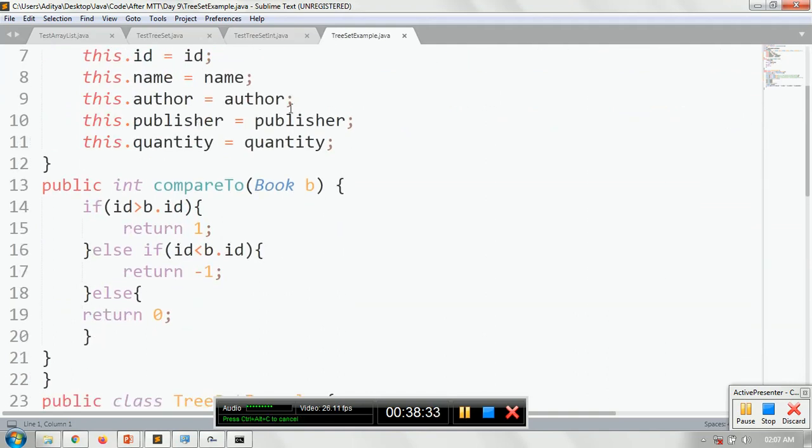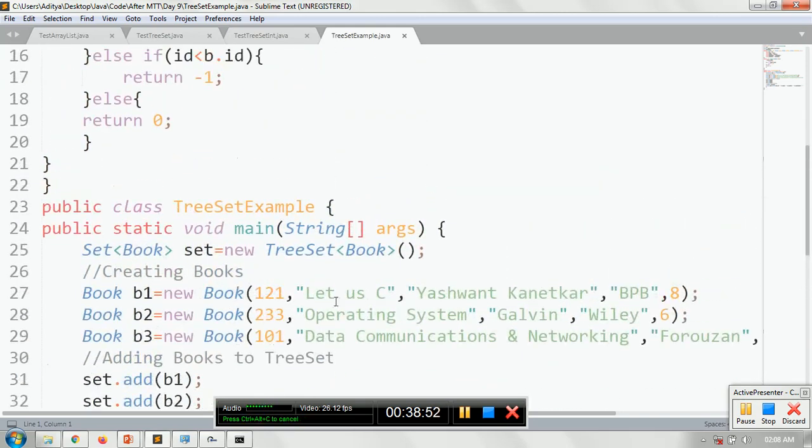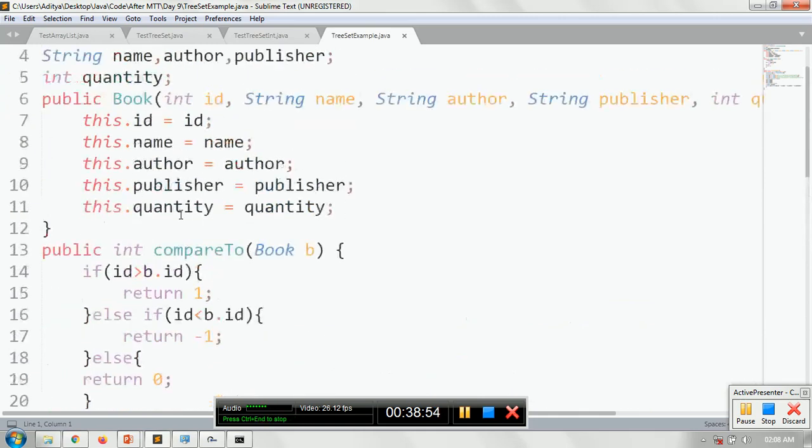Then I have given a body to the compareTo method, our own defined. I am passing a Book object b. So it will compare the calling object with the object that you have passed, comparing the IDs. Whenever I call this, internally it will keep on calling compareTo. See, we have an ID here.